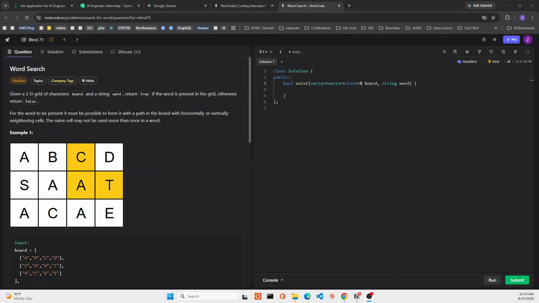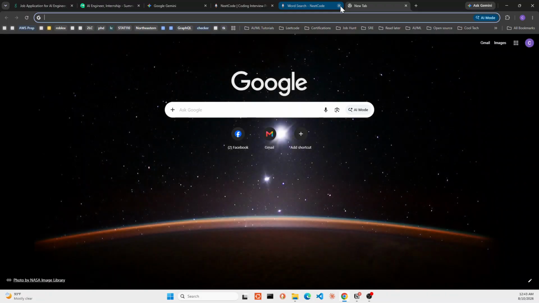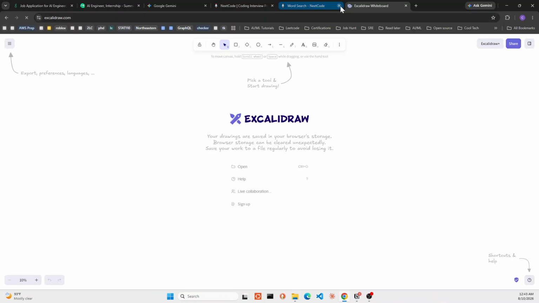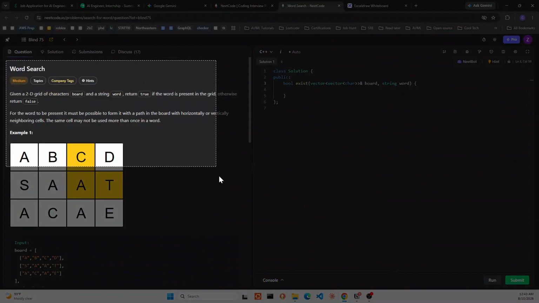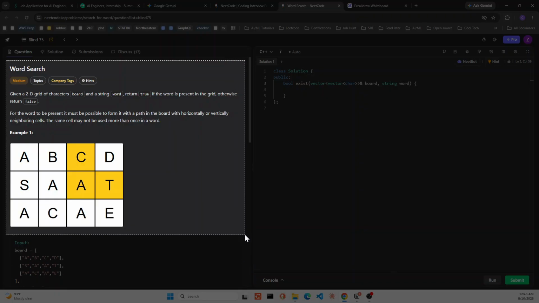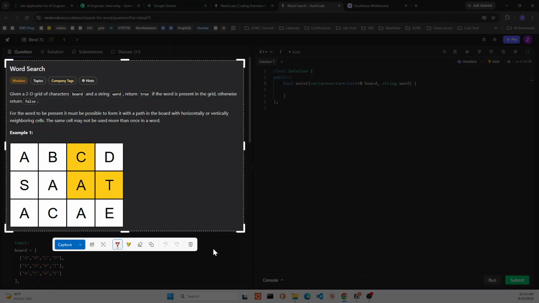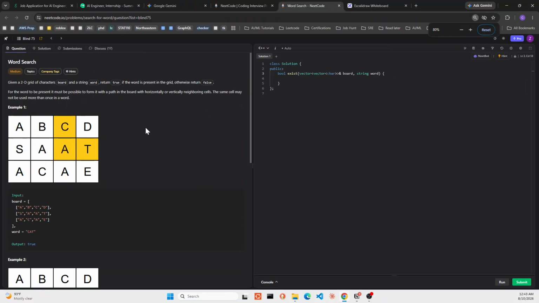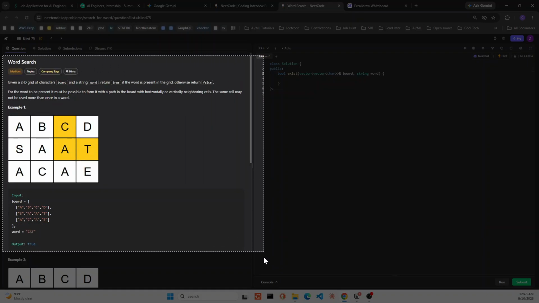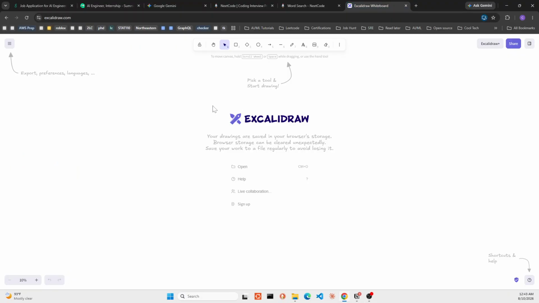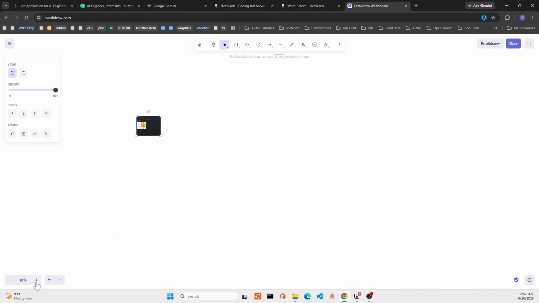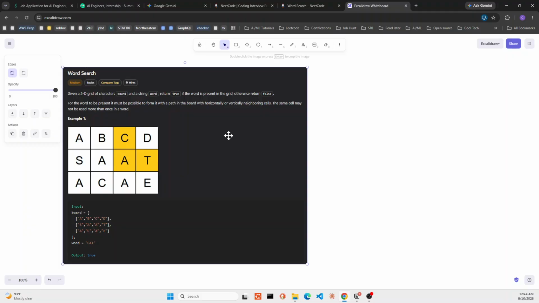Okay, so today we will solve this one word search, a pretty popular problem. So let's make it. So this is the problem,